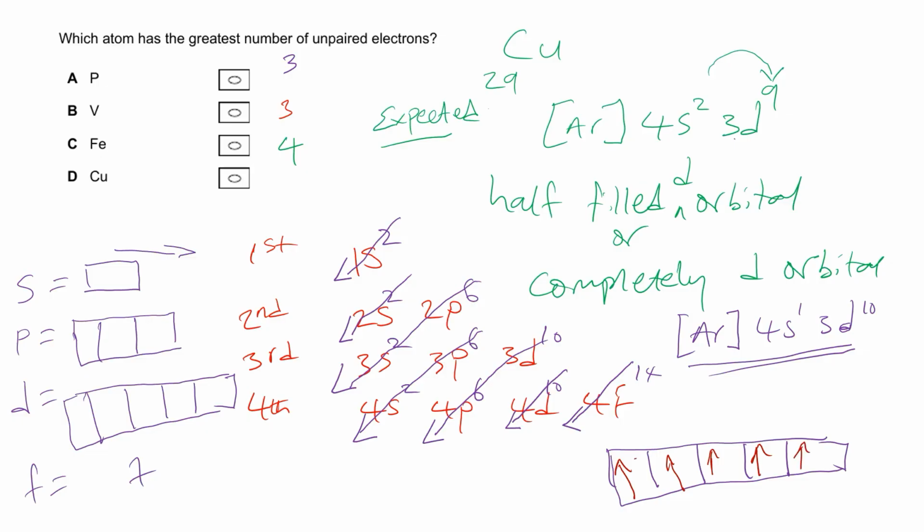Then you pair them: 6, 7, 8, 9, 10. So how many unpaired electrons do you have here? 0. So copper has 0 unpaired electrons. Now from our options here, which of them has the greatest number of unpaired electrons? Our answer is,